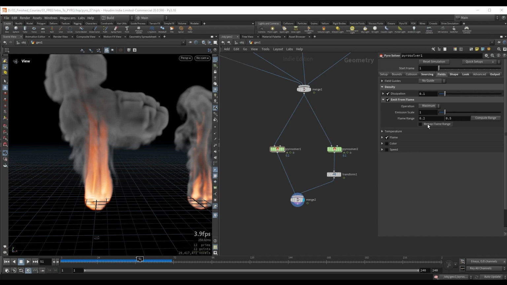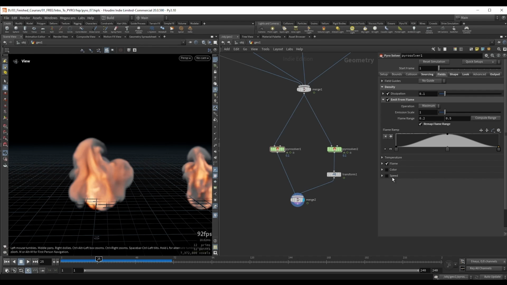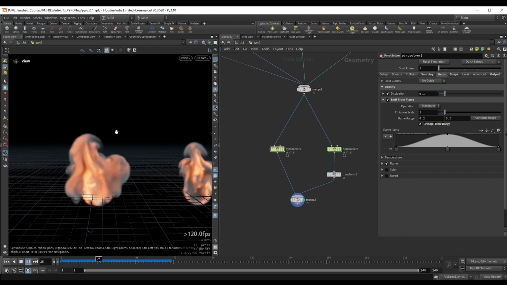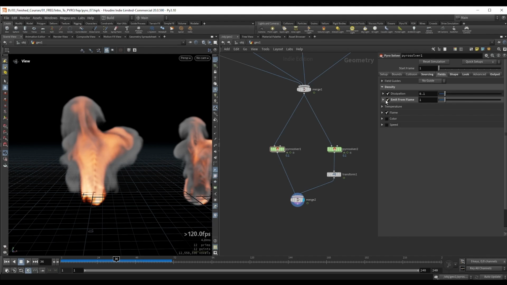We can also again remap the flame range, and we can see now that Houdini gives us this kind of ramp that we created earlier. So this is the default Houdini suggests that we use, again, which will mean that we'll get higher density values in the middle of this range. So we also have control over this. All right, so from flame, we can add divergence, we can add more density, and we can also, if we go to temperature,